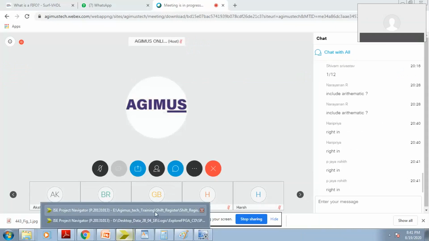What changes are needed for the other direction? SIN is assigned to temp 3. So it's exactly reverse. You assign SIN to temp 3, temp 3 value to temp 2, temp 2 value to temp 1, in the reverse way.